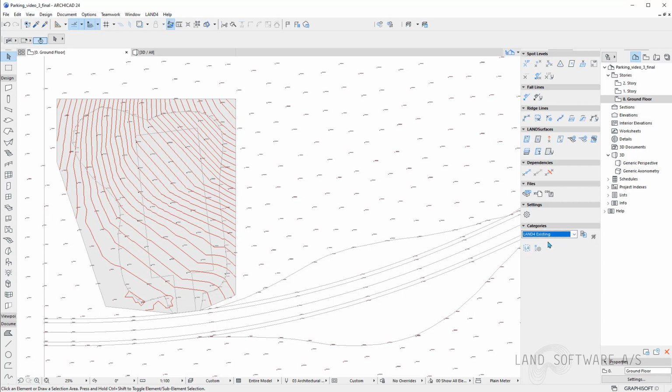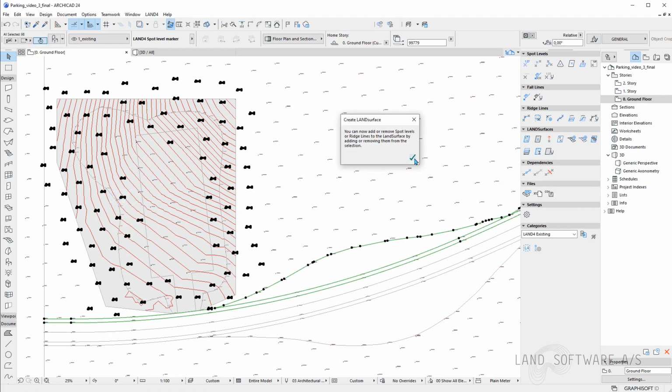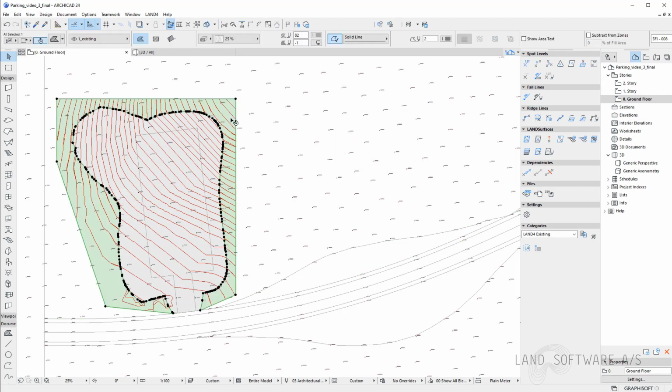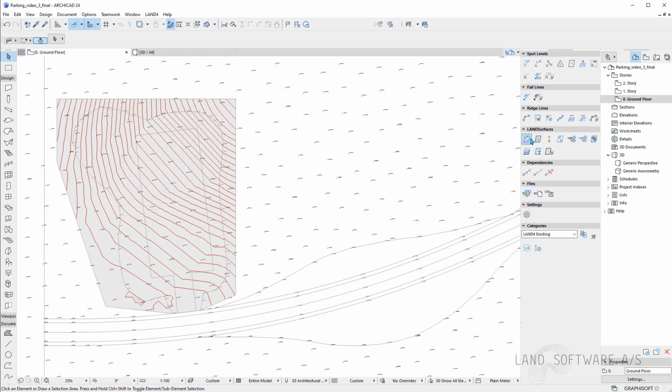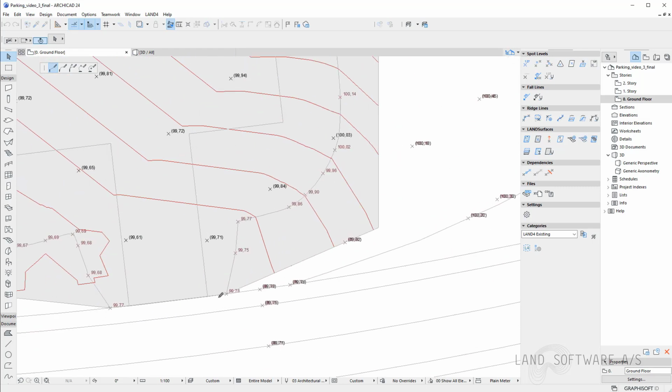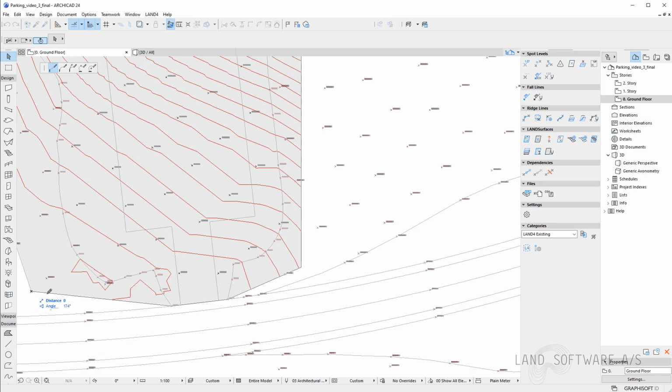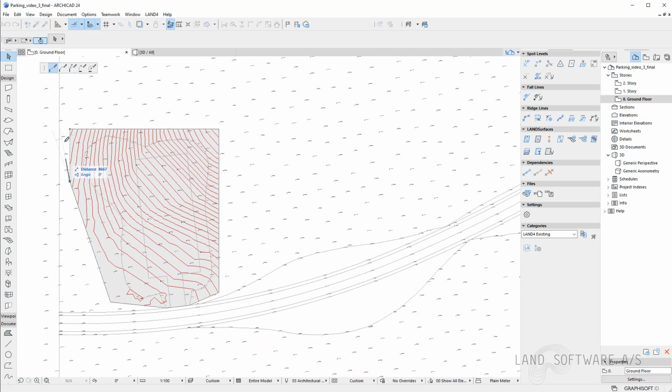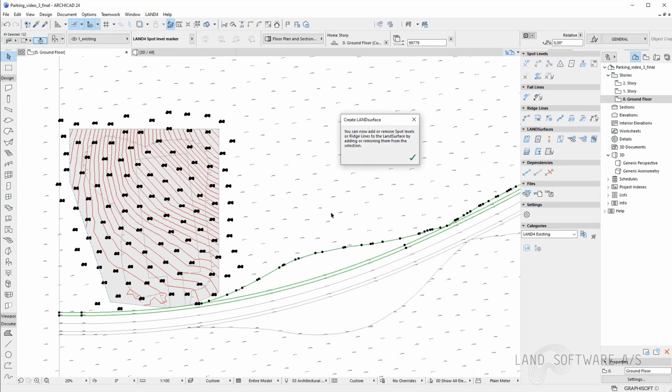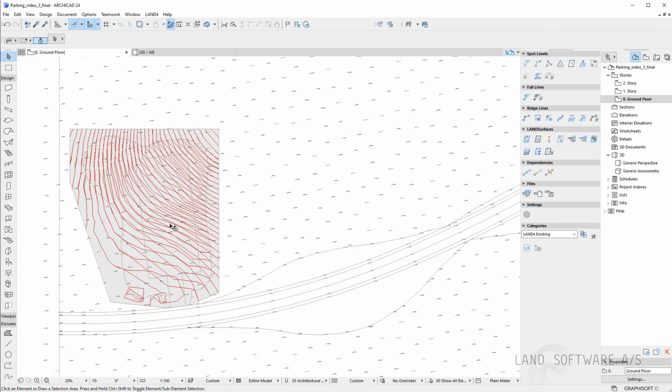And then if I go to the existing terrain, I can show you what's the problem with using the magic wand. So the new terrain will be created just outside of the border with the magic wand. So I have to do it manually in situations like this. Otherwise, using the magic wand, it's very fast and saves you a lot of time. But this is a special situation here.